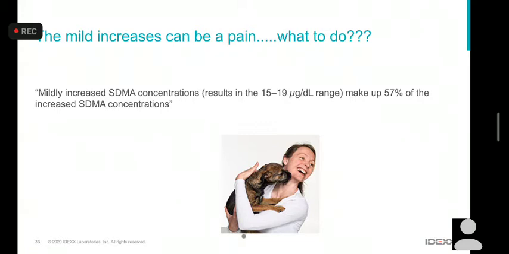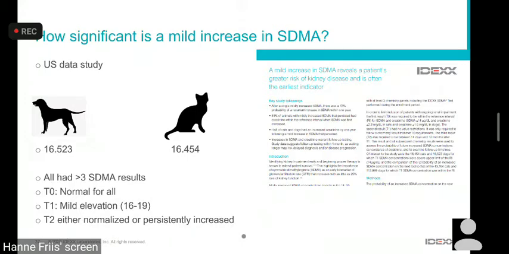being a global company that IDEXX is, we have the opportunity to really deep dive into data. So we know that the mild increases are about 57% of all the increased SDMA concentrations. So a lot of them are the mild increases. Now the question is, how significant is that? Is it just transient? Should I ignore it? It's important. So what we did is we looked at a lot of data from North America where it's 16,000